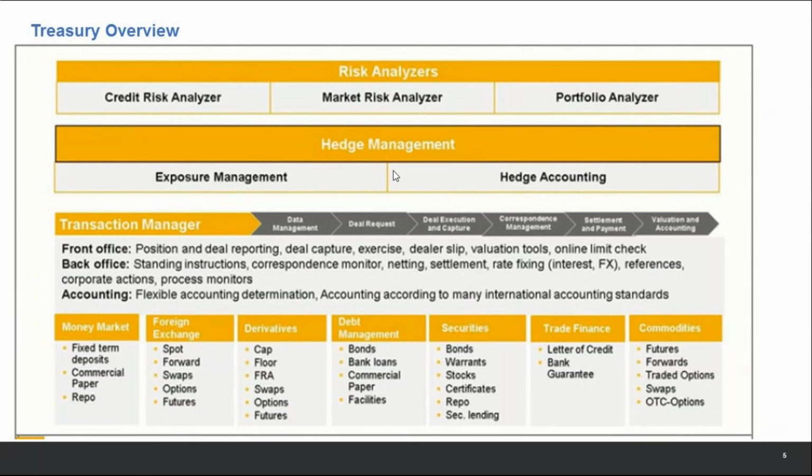Treasury overview. This is something that I spoke about. Before even starting, let's just take a minute to discuss what treasury actually is, and why treasury is needed in a company. To make it clear, when a company implements treasury, treasury is a cost center, not a profit center. The real idea behind implementing a treasury solution is not to earn through treasury, but rather to make sure that a company does not lose anything because of the non-operational part of what the company does.